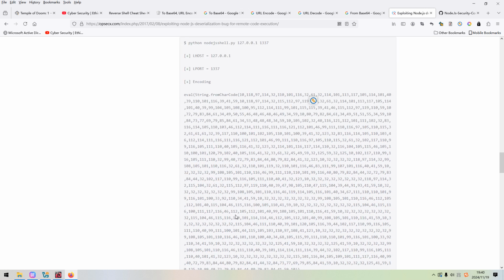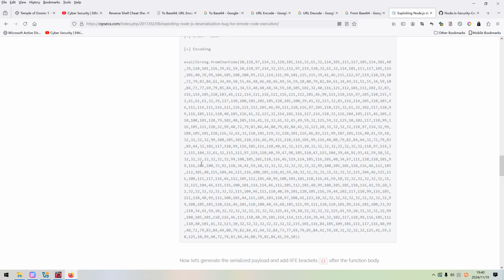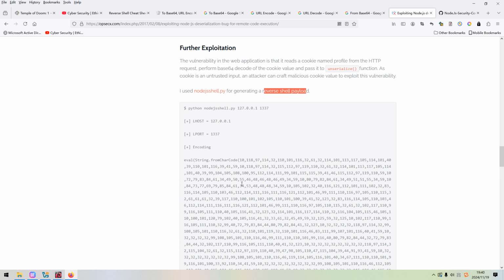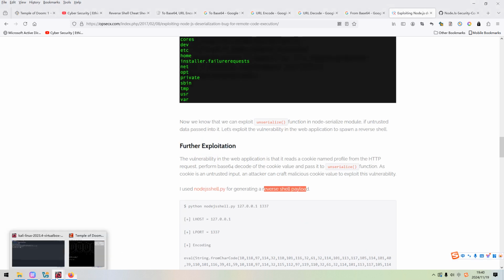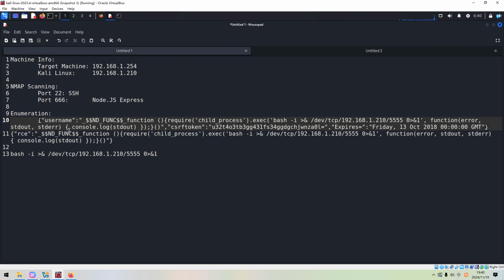You can copy it, and of course the IP address should be changed to meet your own actual environment. Then we can copy the entire payload to the cookie, and this way can also work, no problem.